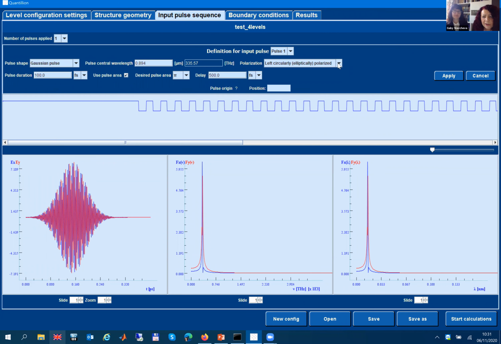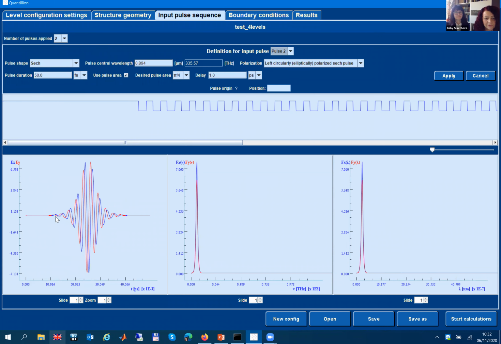The pulse polarization also can be set up, and it can be, of course, X or Y linearly polarized, or left or right circularly polarized pulse. The pulse duration is set from this menu. Here in this particular case it is 100 femtoseconds for a Gaussian pulse. But if we define, for example, 2 pulses, we can set the second pulse with different duration, for example, this is the sech pulse with 50 femtosecond pulse duration.